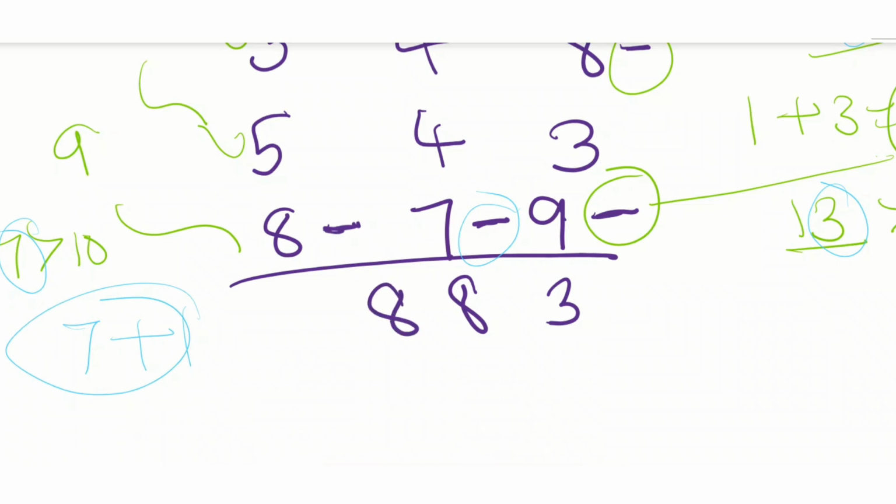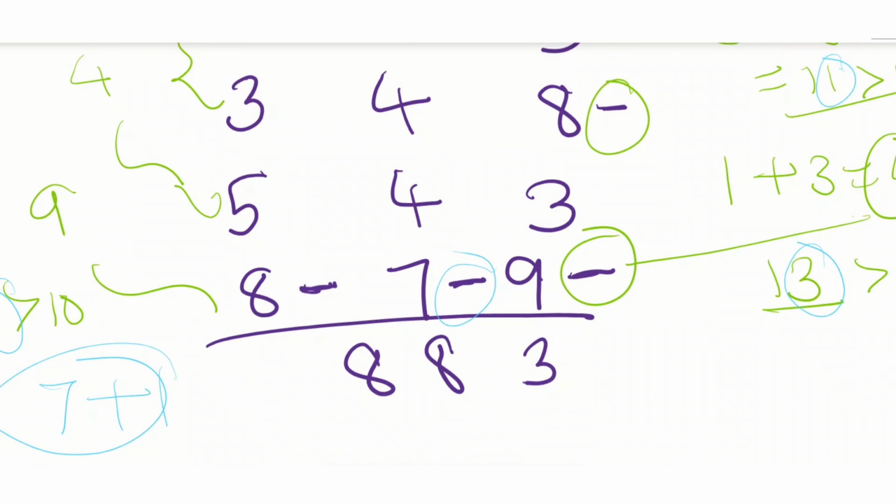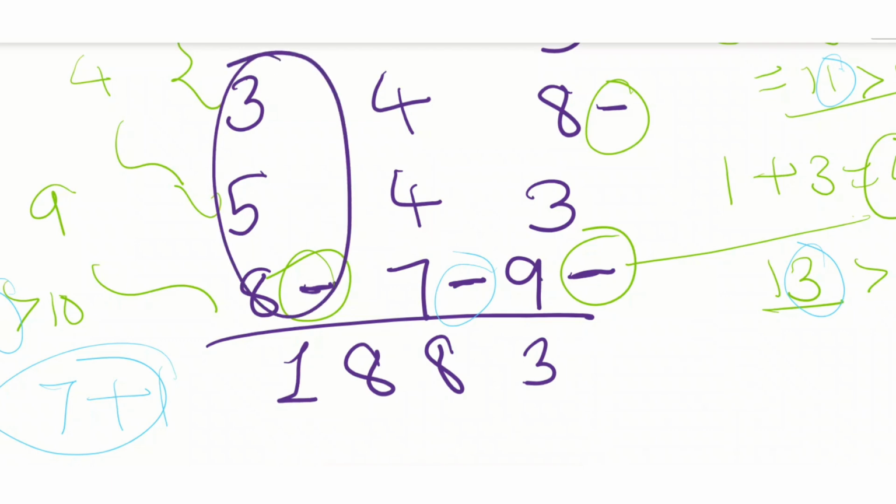Is this the final answer? Well, no, because we have a dash over here in the last column, which is the hundredths column in this case. And as we did in the previous example, we're simply going to put the number 1 over here because that is the number of dashes in the last column. The last column, 385, is the hundredths column, and that has a dash, one dash. And this one dash signifies the carry forward of 10, which is directly going to be placed in the final answer, which gives us